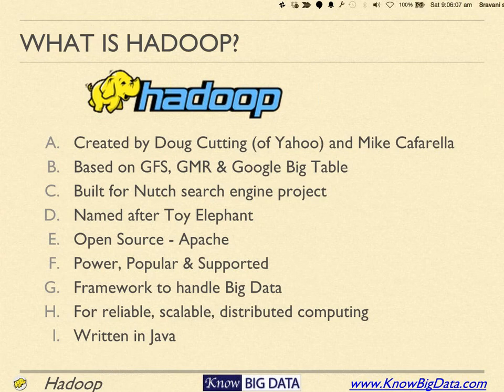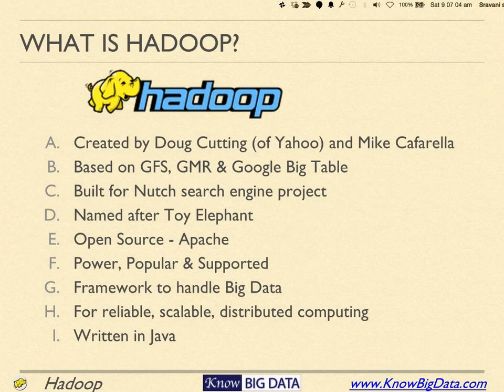And at the same time when they got stuck, luckily Google published three papers on its components. The first paper they published was the Google File System. And what did Google File System do? It provided the storage of the data on the whole cluster. If you have a big cluster, then Google File System provided you that. The second paper was Google MapReduce. And the good thing about Google MapReduce was that it could do the calculation on the whole data which is located in Google File System. The third paper which Google published was Google Bigtable, which was like a database,